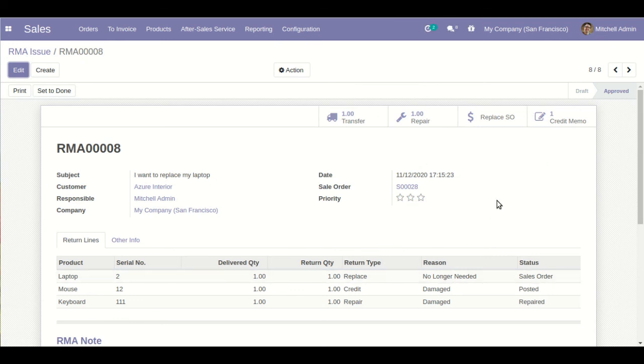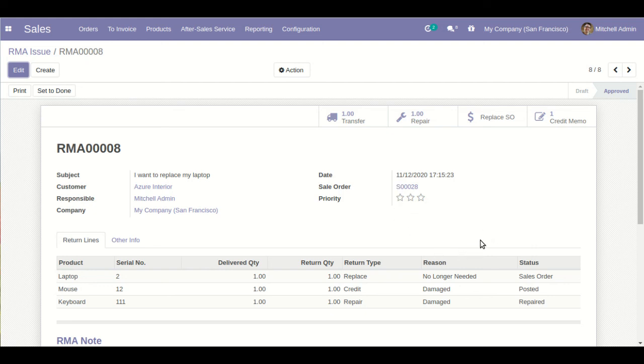All right, so it is not necessary every time that we must have the sales order reference. For some products which do not have sales orders generated yet, we can also generate these lines. For those where a sales order reference is not there, the system will still allow us to do replace and repair operations, as you have seen. But the credit functionality will not be there, as the sales order and invoice reference is not there.